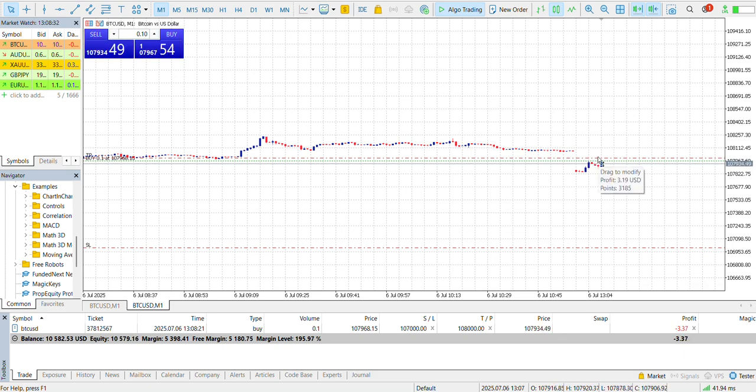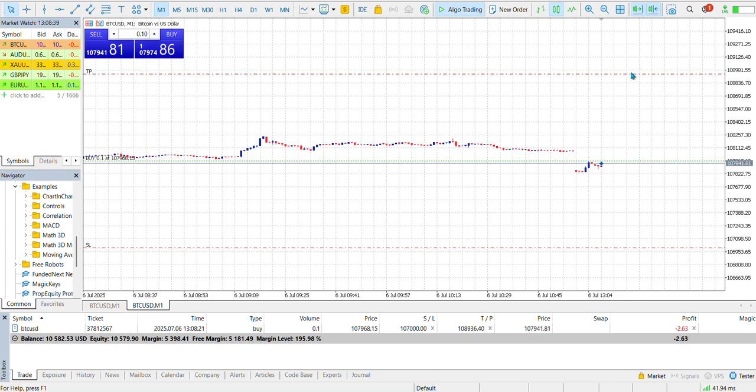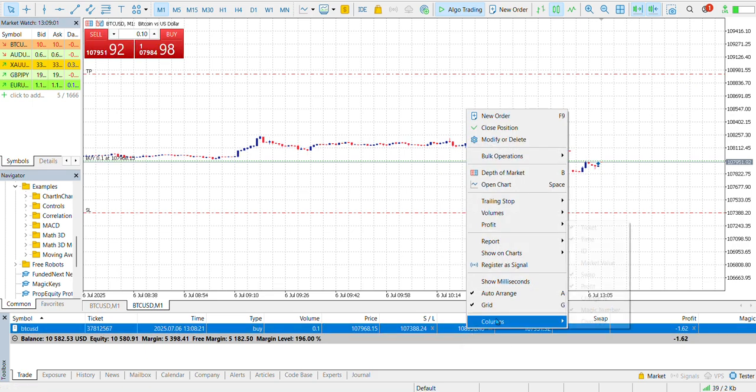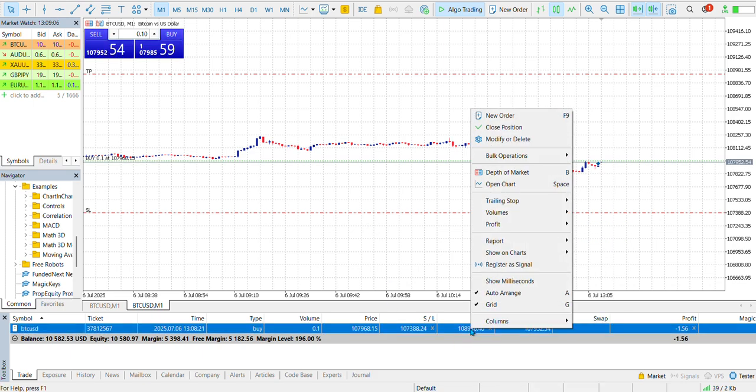Perfect. If you want to move your TP, for example, which is pretty much tight from the entry, you can just drag it on your chart right here, in this way. And let's say that you also want to modify the stop loss. You can grab and drag like this, right? And there's another way. Let's say that you want to modify this order right here, maybe because you want to take a partial of this trade. What you can do is right click somewhere down here,